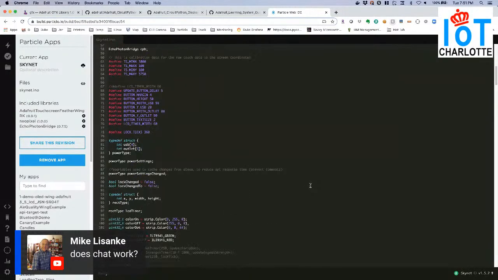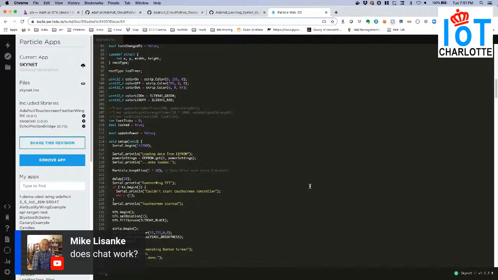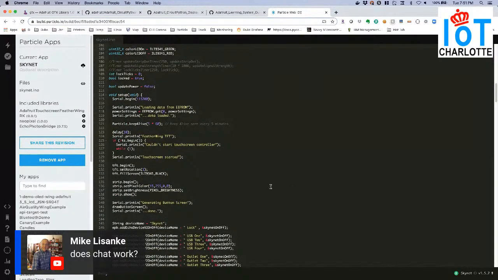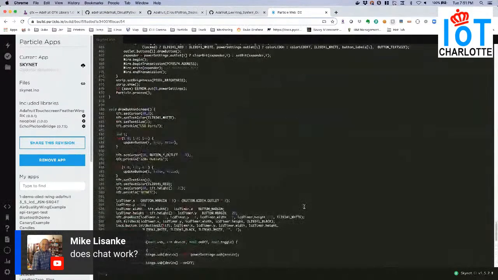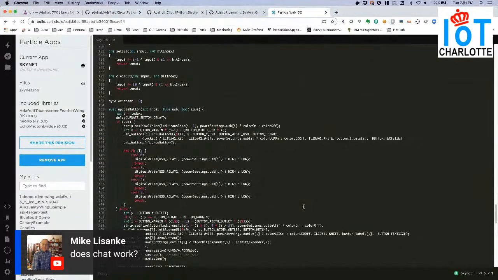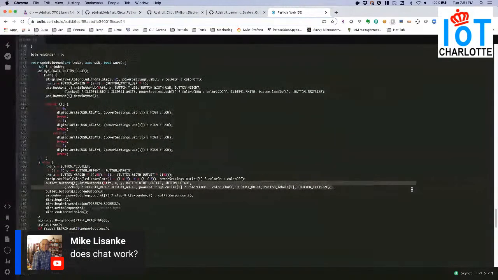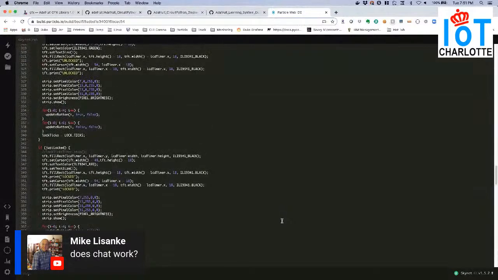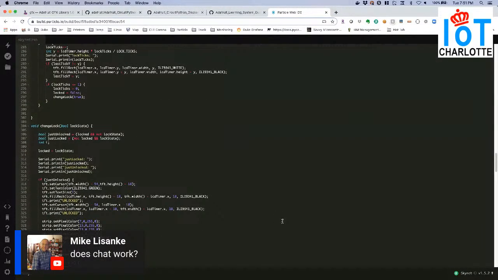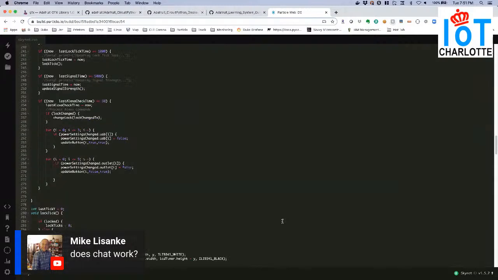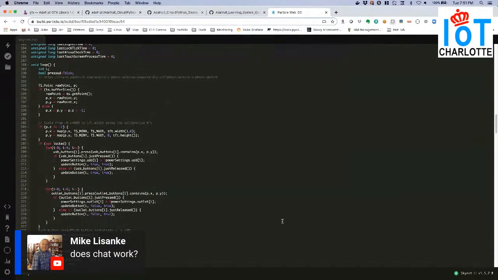But this is Skynet, my cellular controlled power controller. You can see when you make a button, this is your button initialization, so really simple. And then it has a function that allows you to say whether a button has just been pressed or not. That's how you handle a lot of the actions.